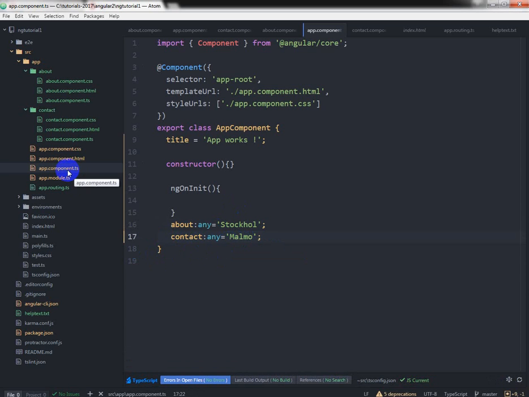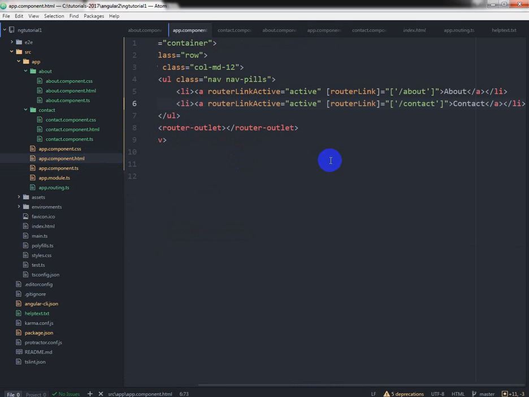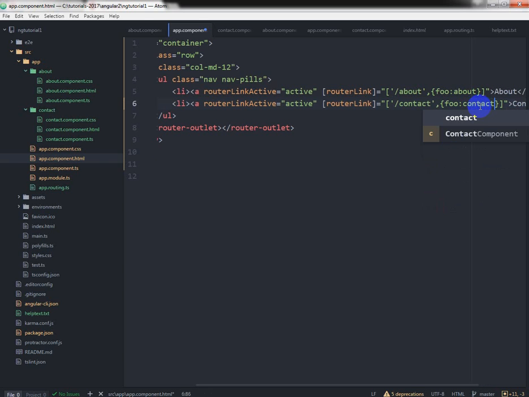Now I want to go to app.component HTML, and here into routerLink array I want to insert some parameter as an object, like for about, and same here, contact. Well, now